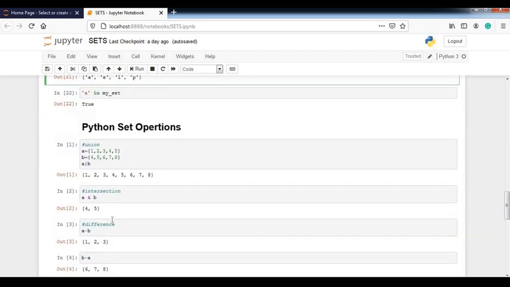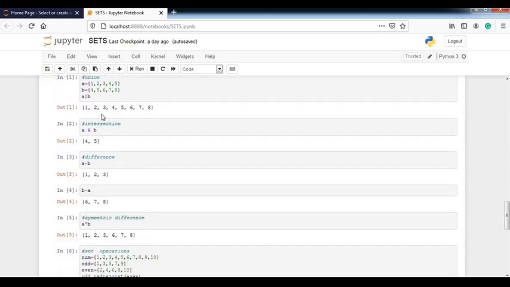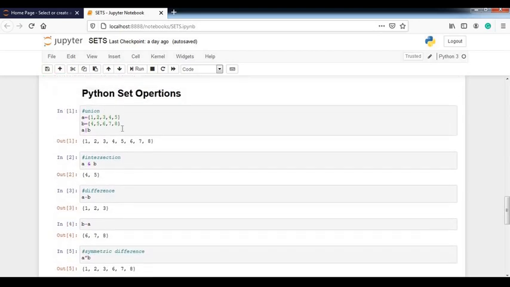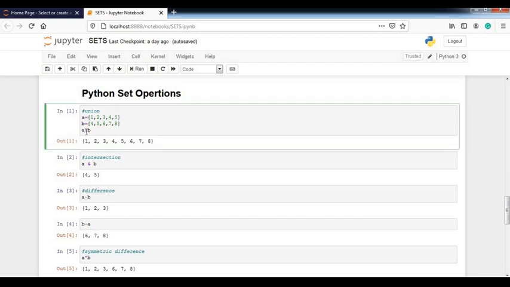So next, move to the practicals of set operations in Python. First of all is the union function. Union always returns the combination of two sets. If two sets are there, then both sets will be combined by this union function. For union I just use the pipe operator with a and b. It will print all the values once, no value will be repeated, whether it is present in a or in b, only one occurrence will be printed.